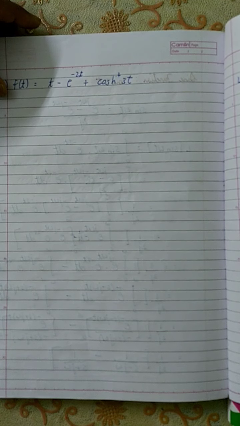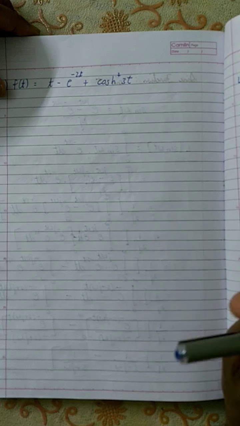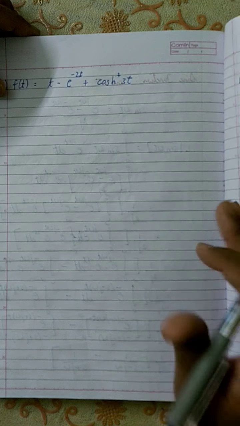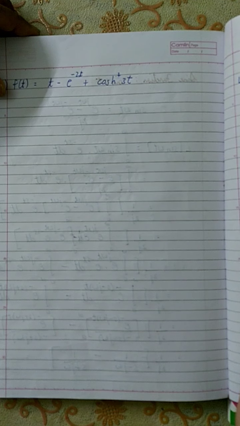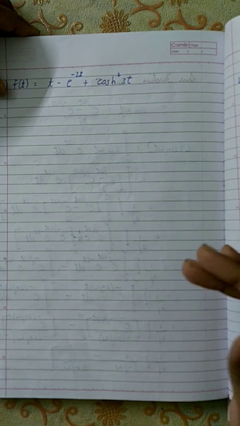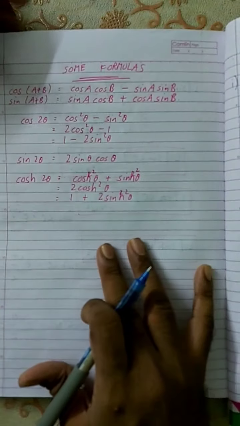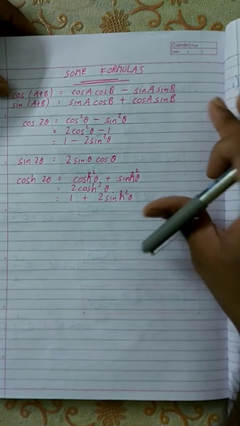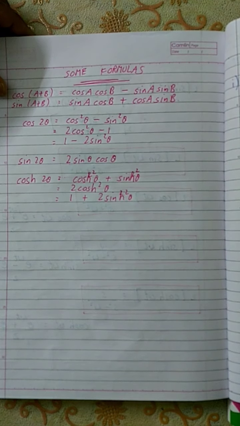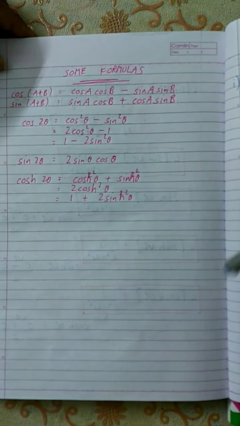Because those formulas will most likely be required for your problems in Laplace transform, especially when something like sine square t, cos square t, sine 2t or sine 3t comes up. It's always required that you apply the trigonometric formulas that you have studied in school. Okay, I have written some of the formulas just for your own benefit, the ones which I could recollect. As we come across new problems, I will keep updating the formulas. So for now, just remember these basic trigonometric formulas.